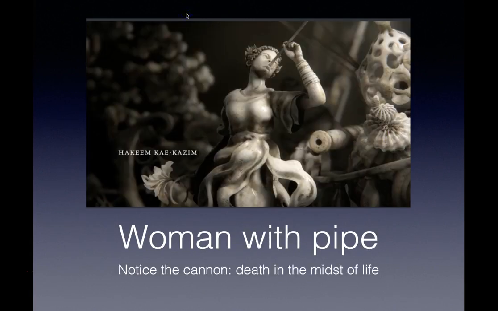This next shot also combines elements of nature's vitality mixed with doom, emphasizing the title sequence's argument that all life ends in death. This woman is seen in 3/4 scale. Her dress ripples and combines with the vines, and she is blowing into a pipe. She may be playing pleasant music or sounding a warning. Tucked in underneath the coral and beside the curling seashell, a cannon peeks out, reminding the viewer that this series is about death.